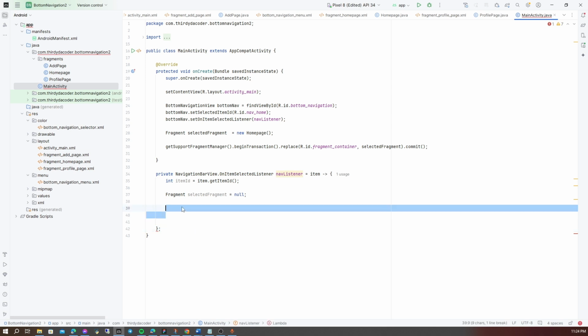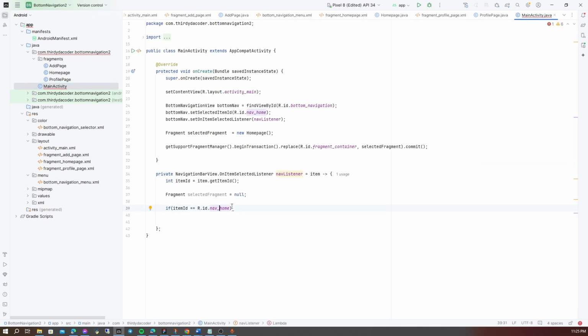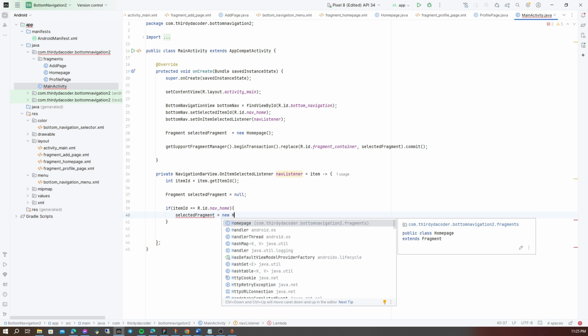If itemId equals R.id.nav_home, so if we click again, then it is the reference or the ID that we created. Save this ID. So we can call the fragment selectedFragment equals new home page again.